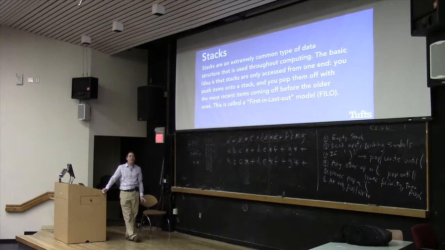Okay? There's a couple other things that are tricky about this. If you had subtraction and division, right? This one just happened to have addition and multiplication. If you had subtraction and division, you can do the same thing. You just make the priority for subtraction the same as the priority for addition, and division the same priority as multiplication. It happens to work out right when everything gets printed out.